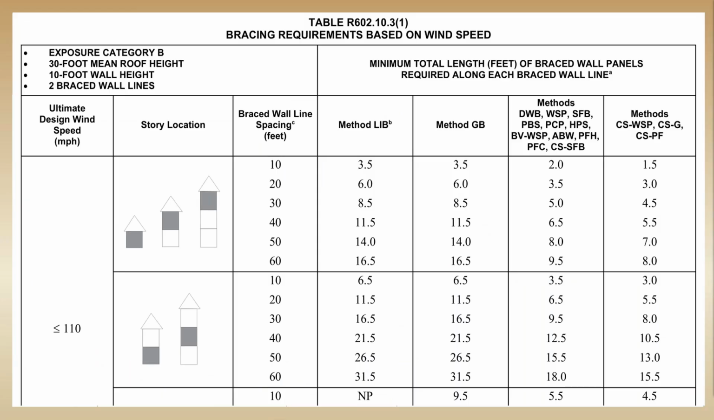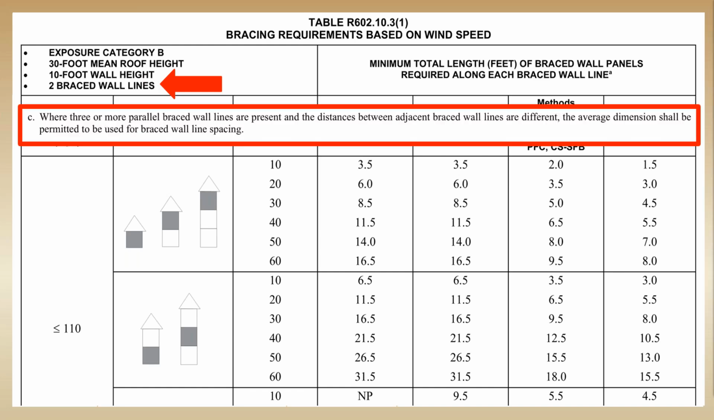So going to table R602.10.3(1), you'll note in the upper left corner that the table is set up assuming only 2 braced wall lines. If you check footnote C of this table, it allows us to use the average spacing for the middle braced wall line. So that would give us 14-foot spacing for braced wall line C,